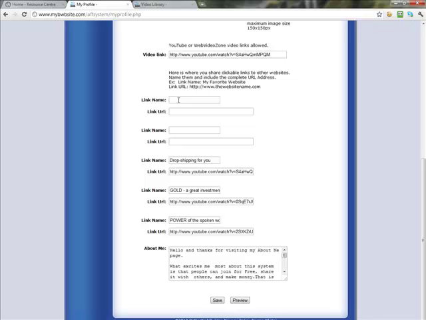So I would recommend that you use the resource center as one of the links on your site to ensure that your business will build on a geometric basis down the full 7 levels. As a link name, you can now type in whatever you want. So if we put in vital resources to grow your business, and then in the link box, we're going to put the actual web address of the